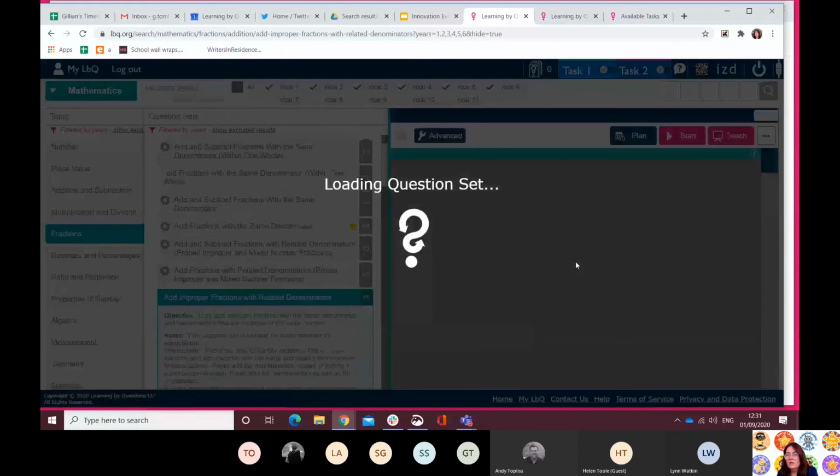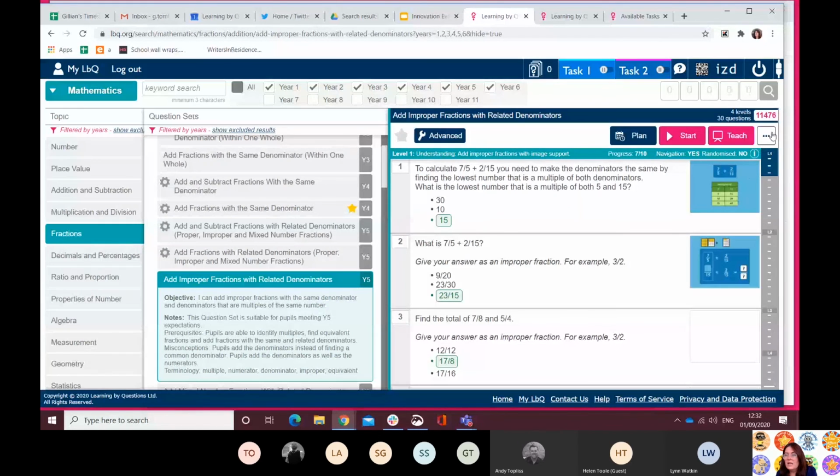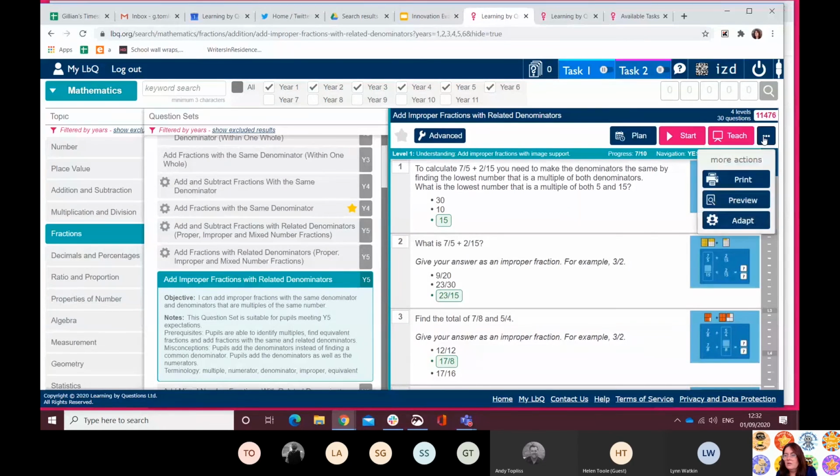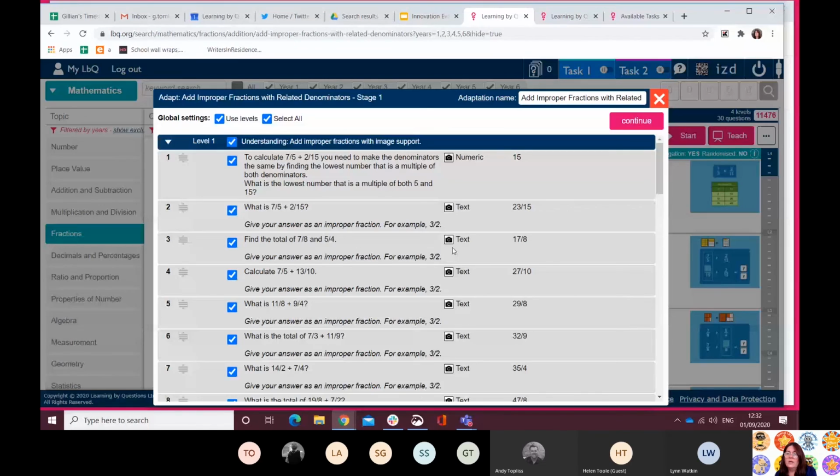We talked about that before, and you can do that from here on these 3 dots. You can print the question sets out. You can print them out as a worksheet if you so needed, if students don't have access to the internet, and you can adapt them. If you click on adapt there, this is where you get to make it slightly more bespoke